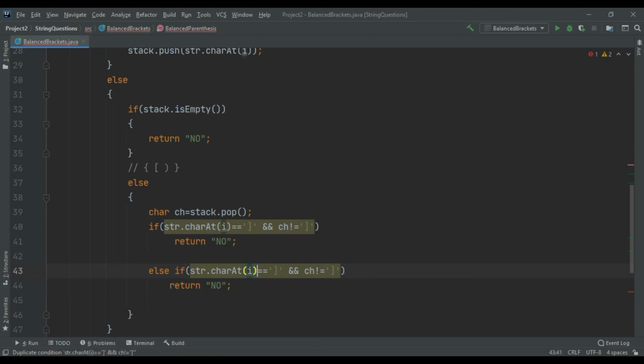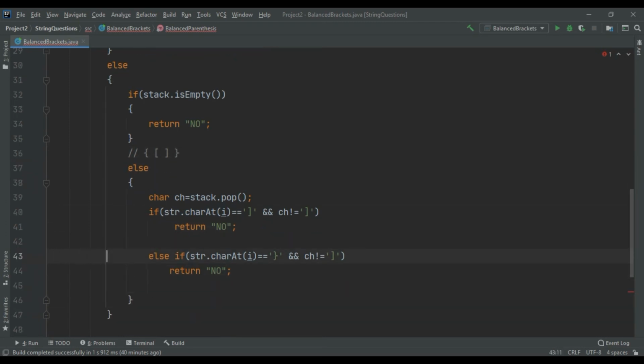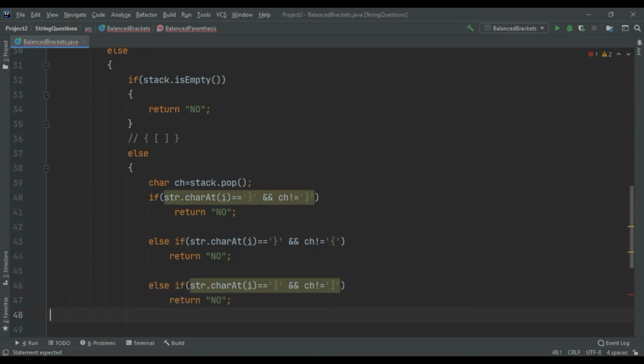Else if str.character at I is, say, this bracket, okay, now we are here, and ch is not equal to its corresponding closing bracket, then also return no. Else, str.character at I is the closing brace, and we don't find any closing brace at the stack top.